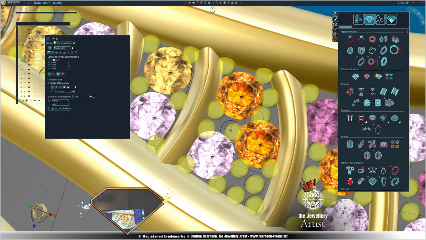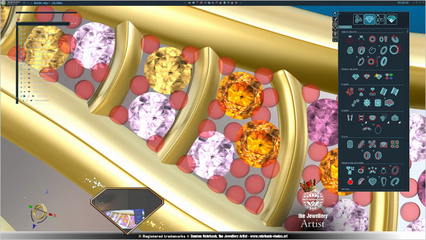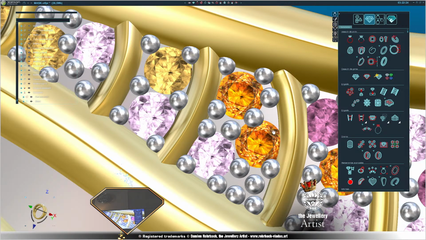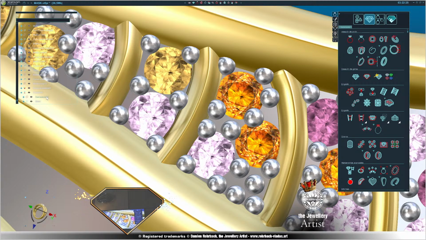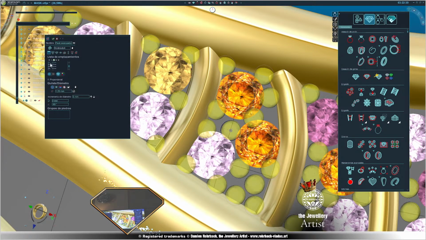The stone needs at least 3 prongs, well, at least 2. Okay, here I need one more prong. Obviously I could make different sizes for the prongs, but